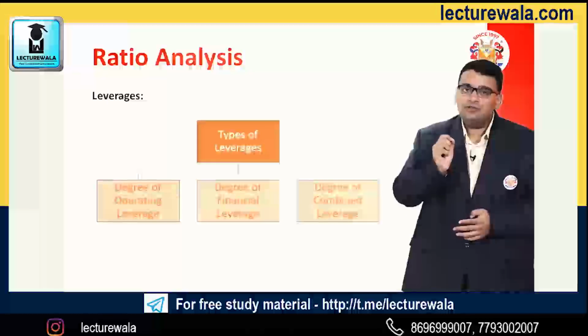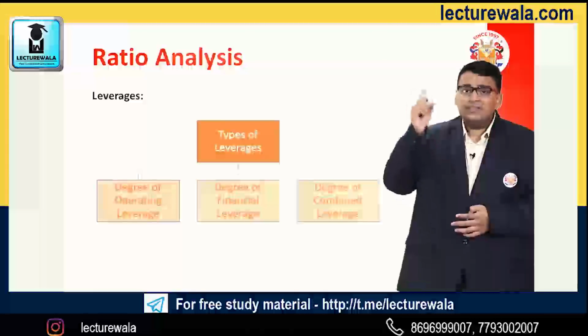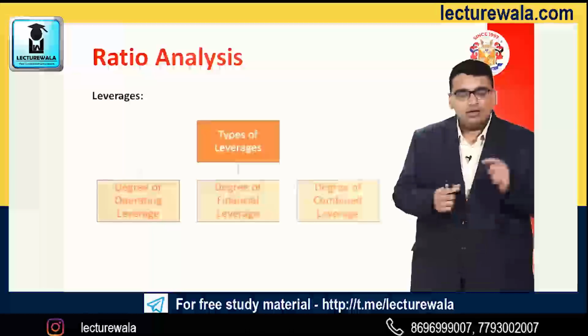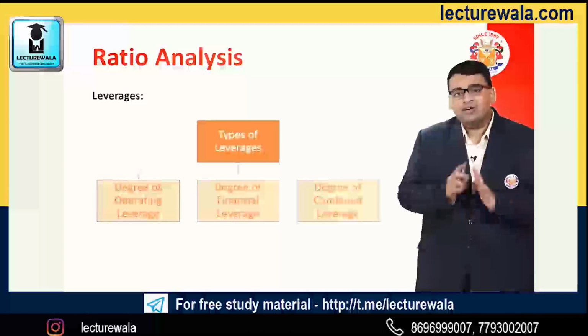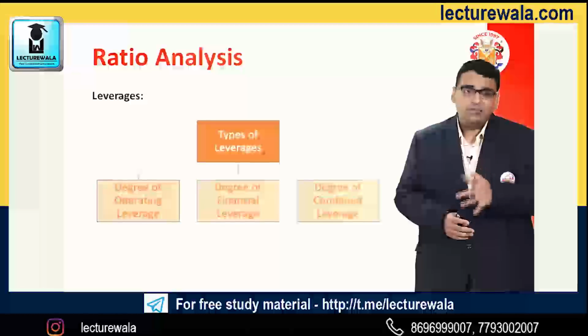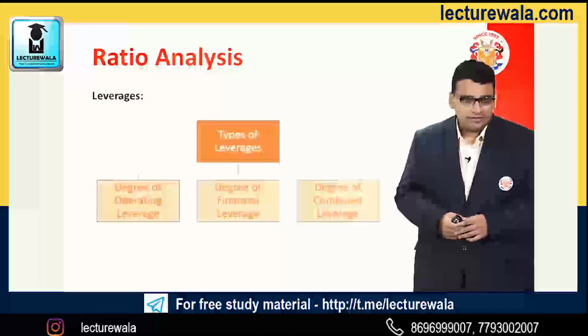If the sales go down, in effect the company's EPS will go down, and as a result, the company's market price per share and all such things will go down. That is the point at which the company has risk. The first risk the company is having is that the company's sales will decrease.